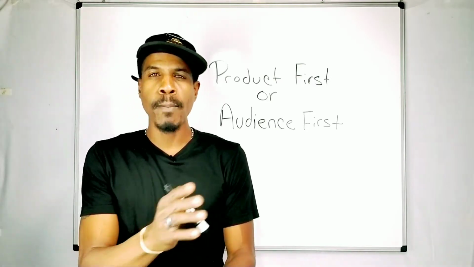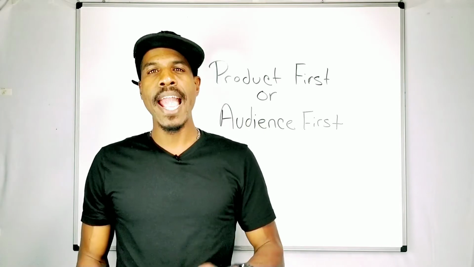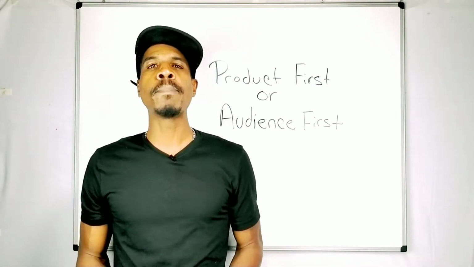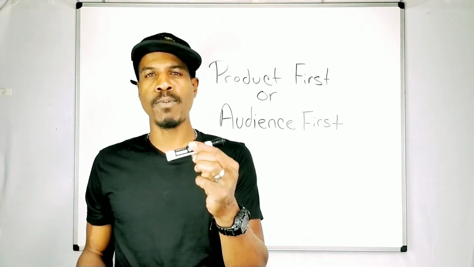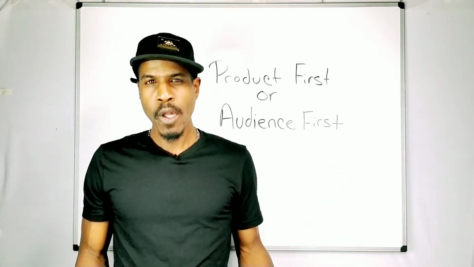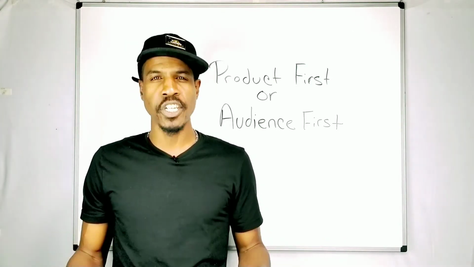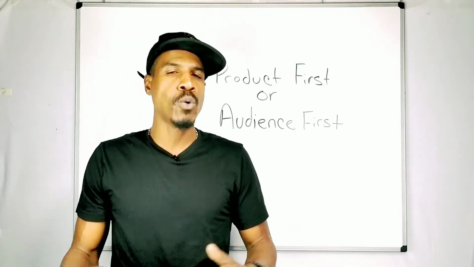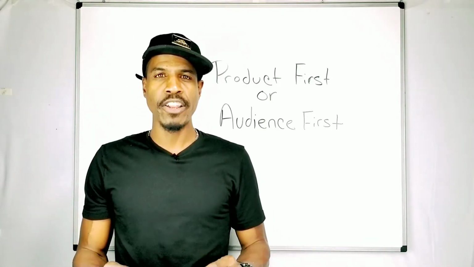Now, one model is not necessarily better than the other. They both have characteristics. And what you're going to find is if you start with the product first model, you're going to put yourself in position to make money quicker. Again, anyone can decide they want to sell Expo dry erase markers and tomorrow be in the position to start making money. But when you start with the product first model, it should make sense that you're also going to put yourself in a position to face more resistance, because you're probably going to be talking to people that don't see a need and don't have a desire for the Expo dry erase marker that you're selling.